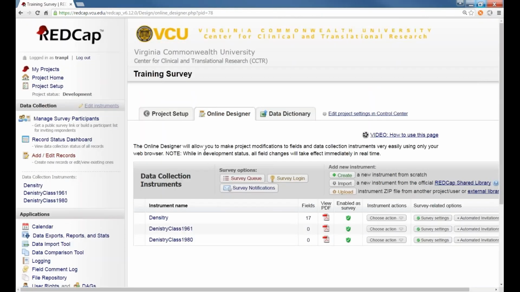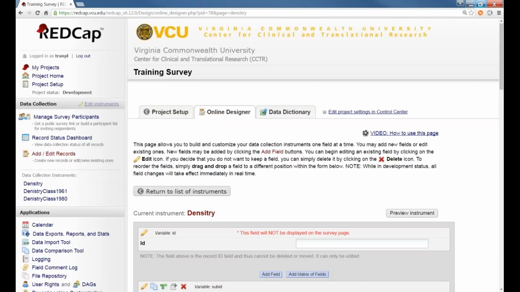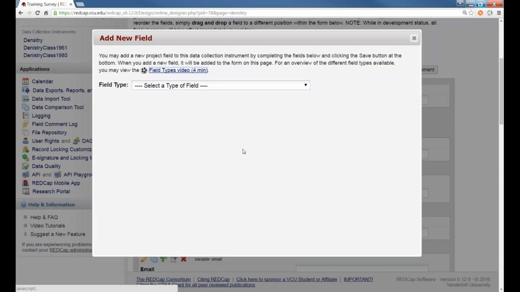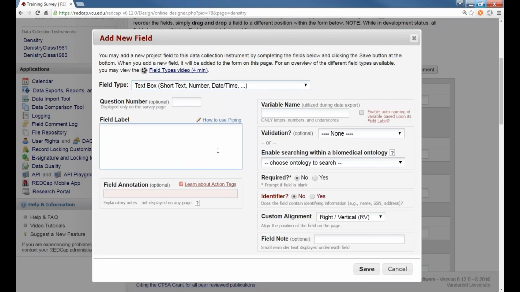If we go to the training survey project we always show and use, and go to a particular instrument, you notice that obviously the designer screen is up, you can add a new field. You click on that in any text box or whatnot. You start naming your label first. Let's just say first